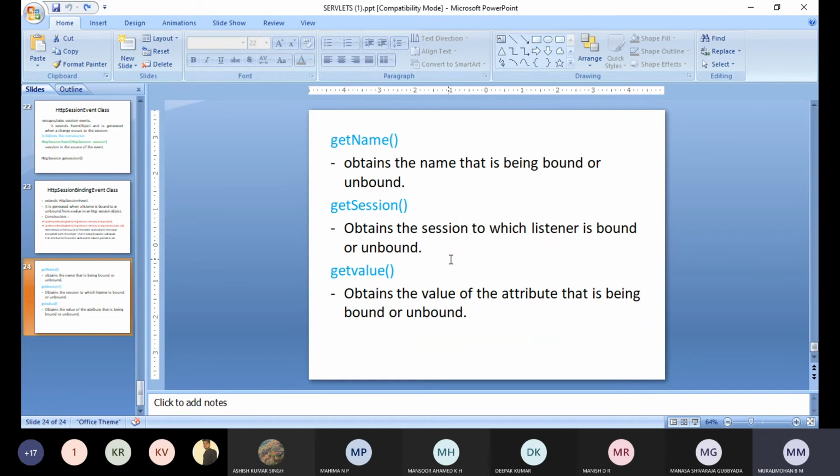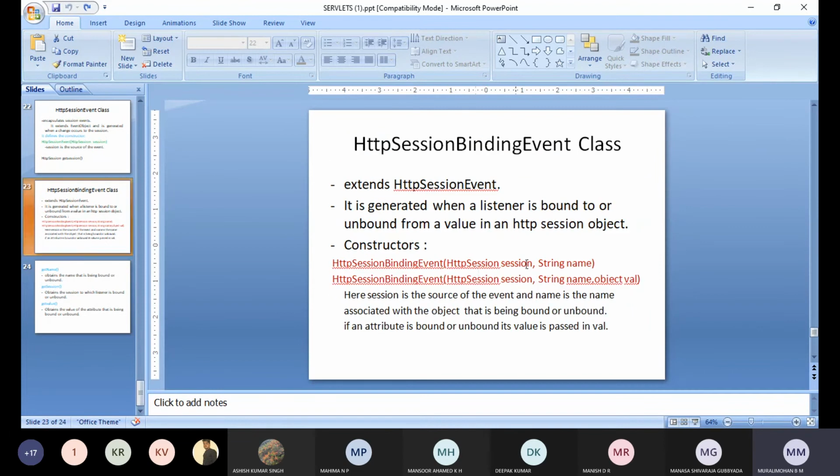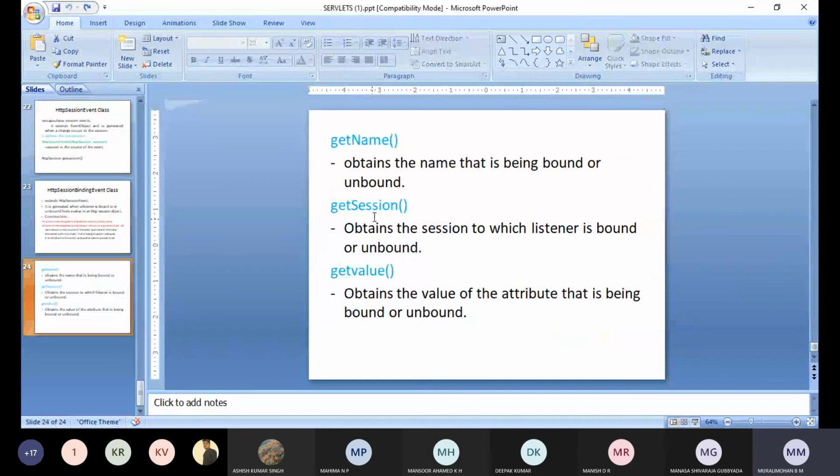We will use all these methods when we develop servlets. getName obtains the name of the attribute being bound or unbound. getSession obtains the session to which the listener is bound or unbound. getValue obtains the value of the attribute that is being bound or unbound, that is, name, session, and value. To obtain these, we use these methods.